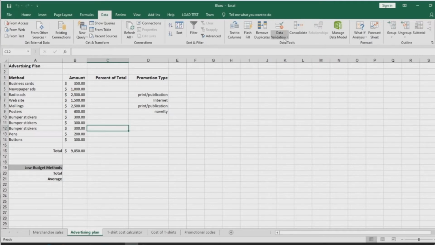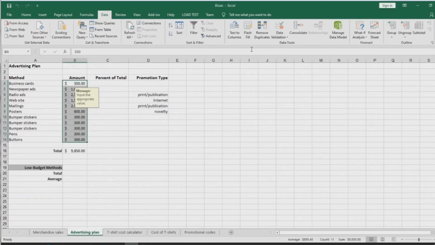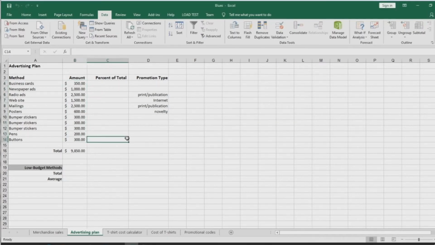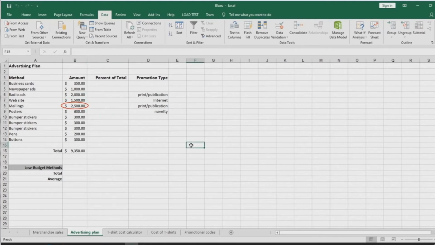Alright, so let's see. Still the data are invalid, so let us clear that. Let me choose all the data under the amount column. When we input the valid data, the red circle disappears